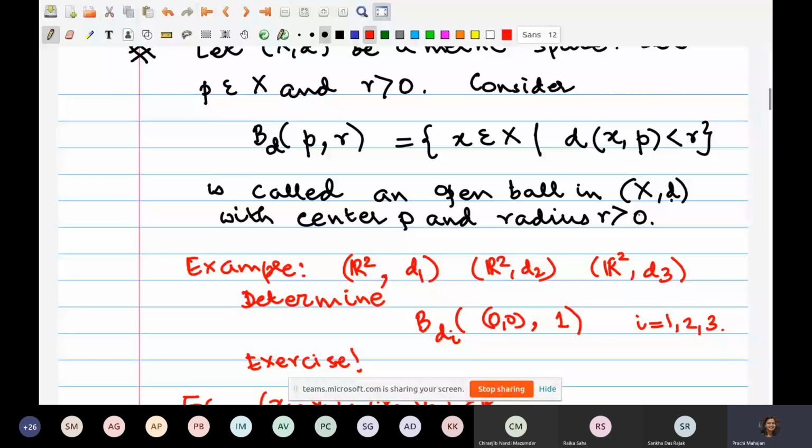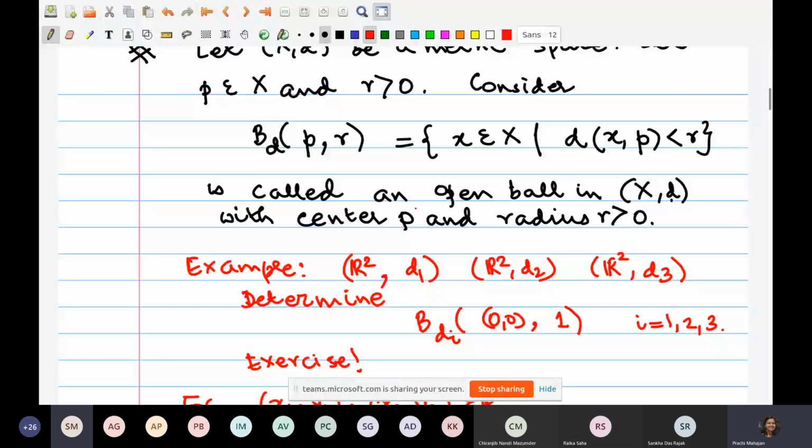There's another student who wanted to say something. Ma'am, I was asking whether it is always strict inequality, I mean, always less than r. Correct. So we will see this a little later, but for the moment, all you have to keep in mind is there's a strict inequality and we call it an open ball. We will see what happens if we have a less than or equal to. That will come very soon. Is that okay? Everybody with me?